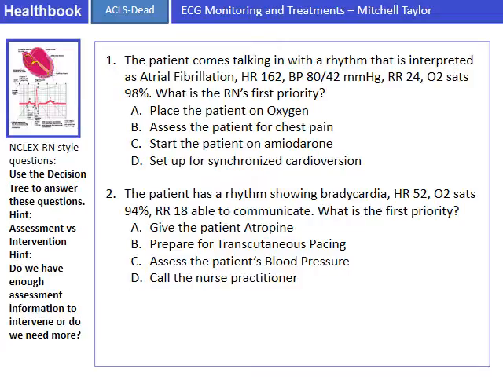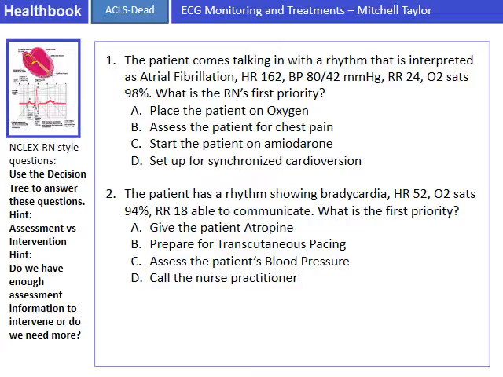So I'm asking myself, is the patient stable or unstable? Blood pressure being low. Okay. Do I need any more assessment information? If I do, I can do that. But if I know I've answered my question that it's unstable, what do I actually go to? That's right, D, I set it for synchronized cardioversion. Go to, the patient has a rhythm